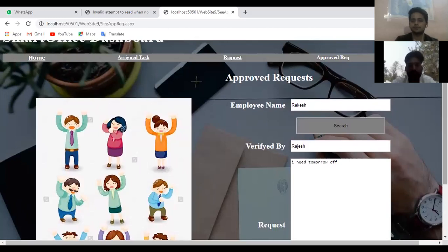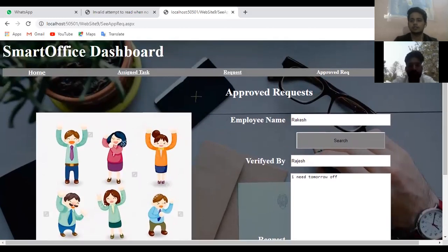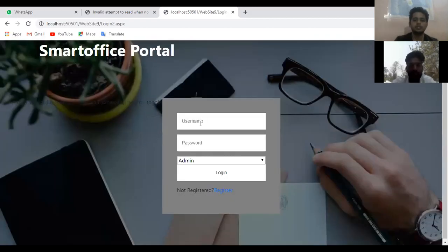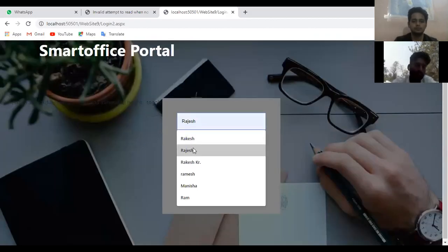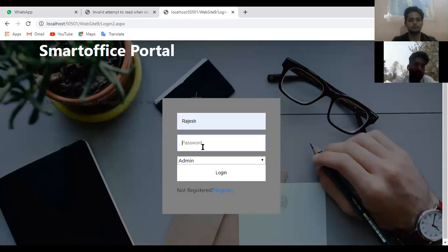And now let's come to assigning tasks by admin to employee. For that, admin has to log into the system as an admin. Then admin can assign tasks. Just log in as admin.